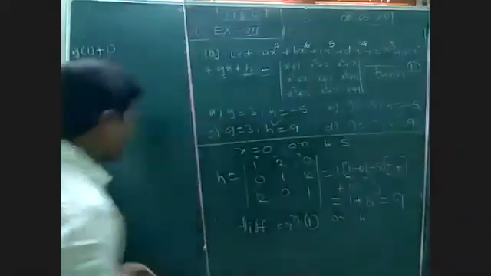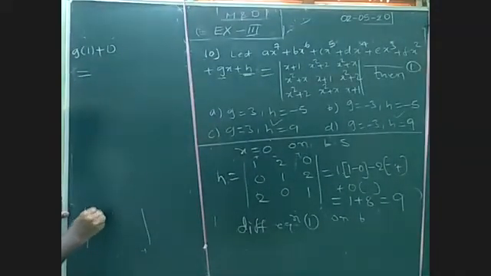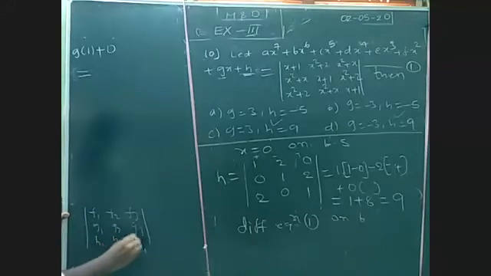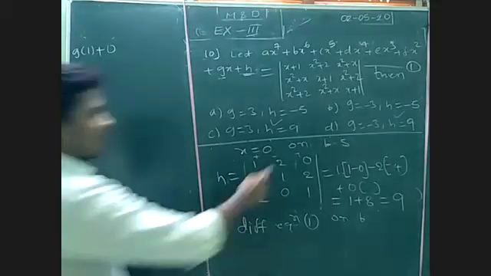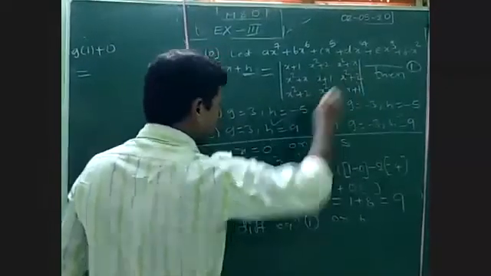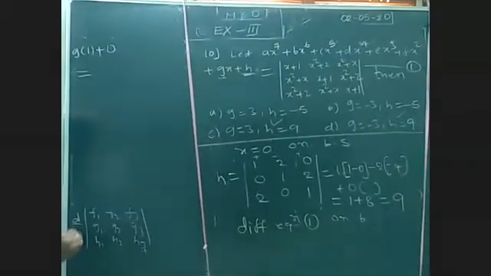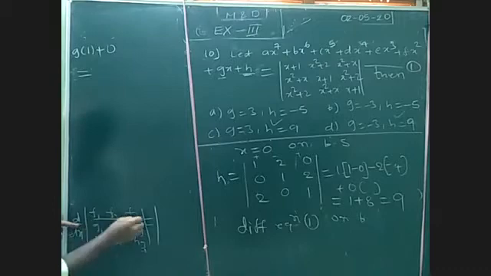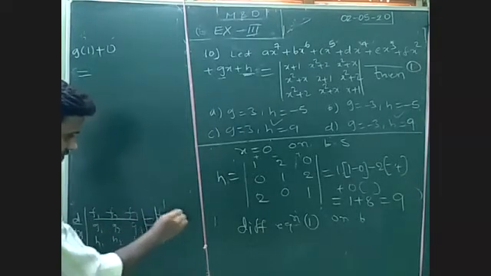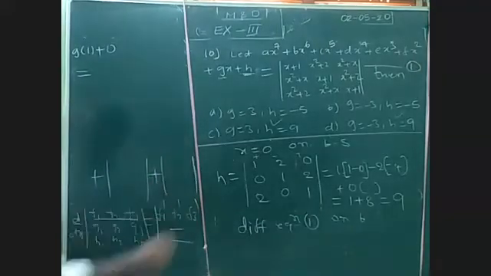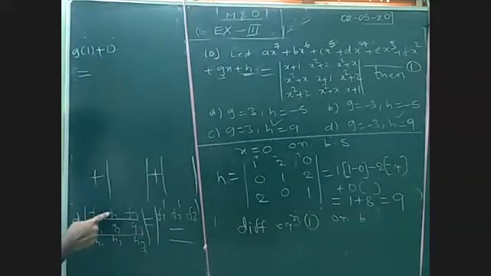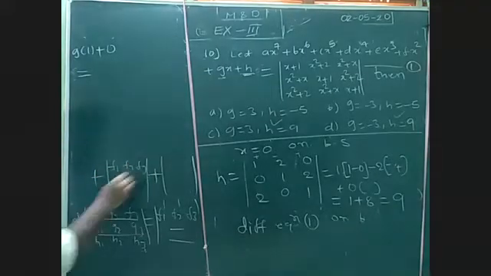Clearly I said, consider a determinant of 3 by 3, for example f1, f2, f3, g1, g2, g3, h1, h2, h3. The 3 rows are functions like this. Assume d by dx of this determinant is given by: first, we differentiate only the first row, f1 dash, f2 dash, f3 dash, remaining as it is. Plus, next step, we differentiate only the second row, with the first row and third row as it is, f1, f2, f3 as it is.